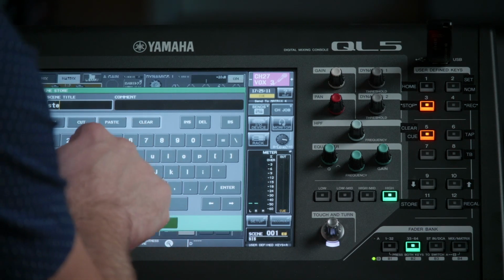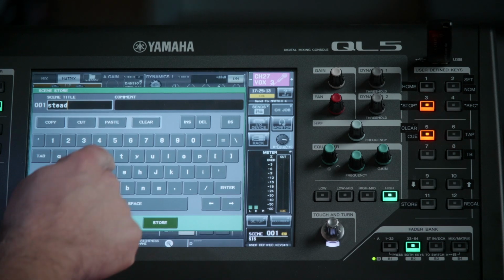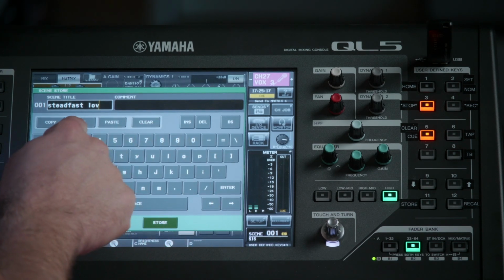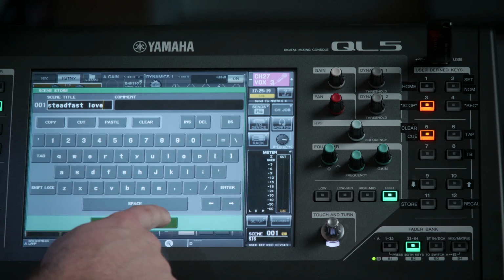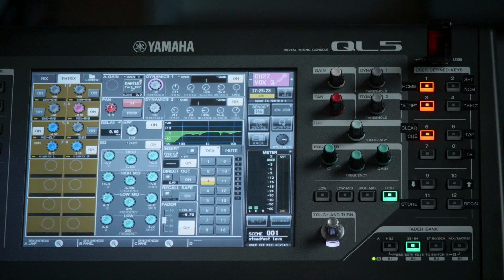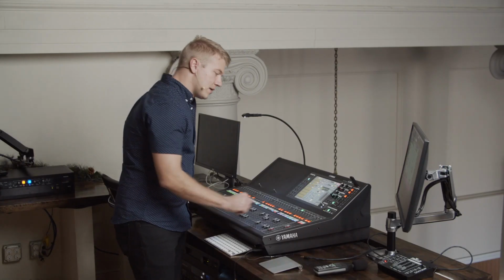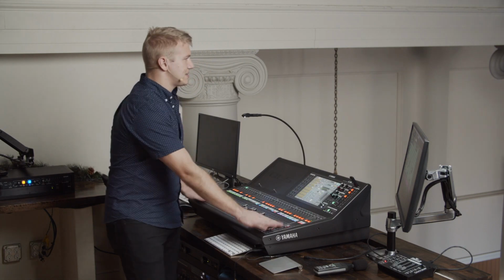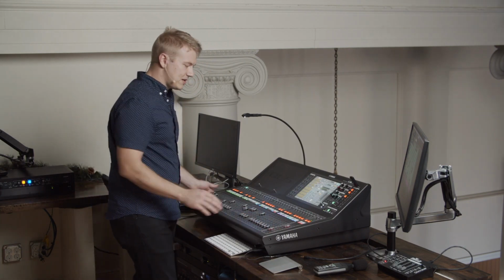Steadfast Love. Okay. Store. Yep, I want to store that as memory 1. Okay. Now, to recall that scene, say I've messed up my mix and it's all, oh no, I don't have